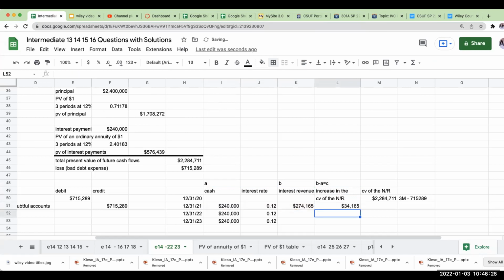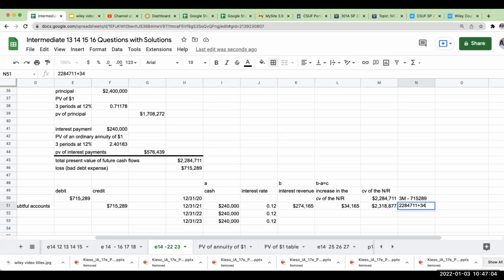So over here, I'm going to get $34,165. So my ending carrying value for this note receivable is going to be $2,284,711 plus $34,165. So again, this is really to show the offsetting, to show that reduction in the interest rate. Because we're using the higher rate of interest, we're still going to be recognizing that amount as the interest revenue. Okay, so this is going to be $2,284,711